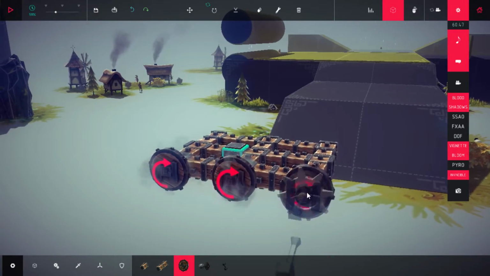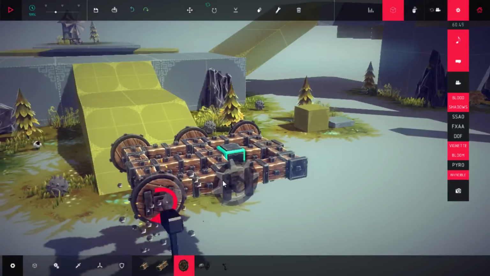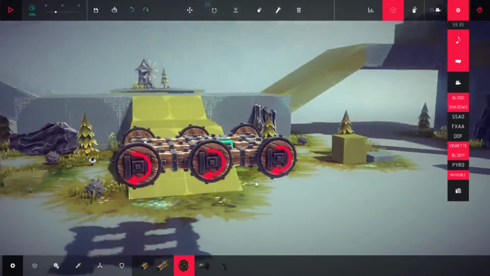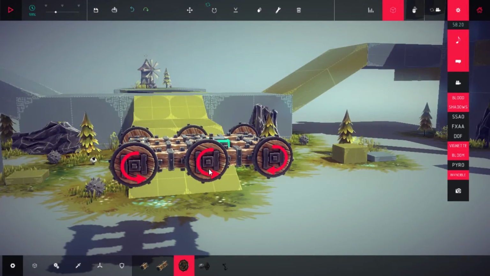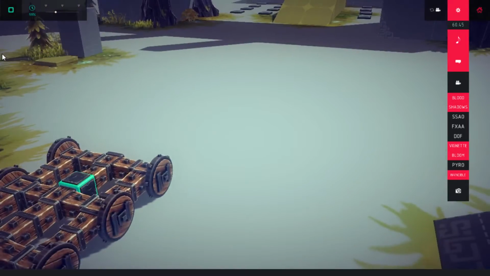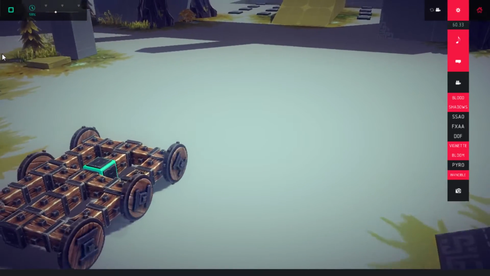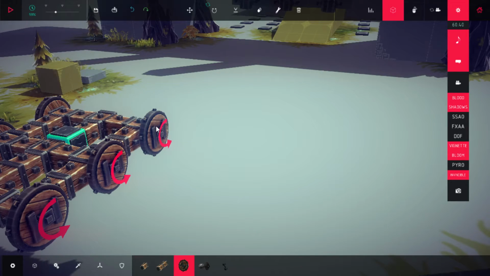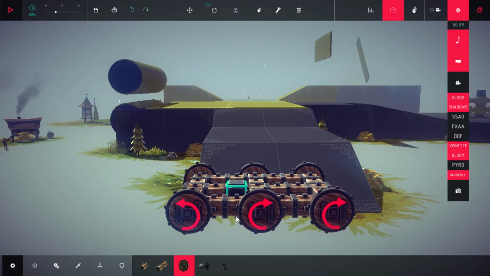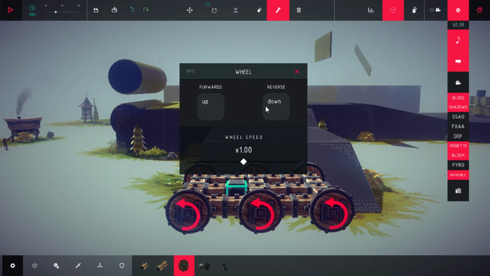Right, here we go. Let's put some powered wheels on the side here, and we can flip the direction by pressing F. Okay, let's just play this. So I should just be able to go forwards and backwards. In fact, I need to flip those all around. Flip, flip, flip. We can change the parameters here as well, so we can change the keys we use for